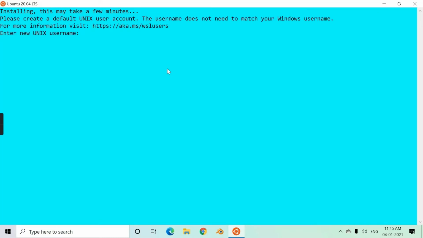Here we have to give the username. I will give the username as Embedded Journey and then create a password. Click enter and retype the same password